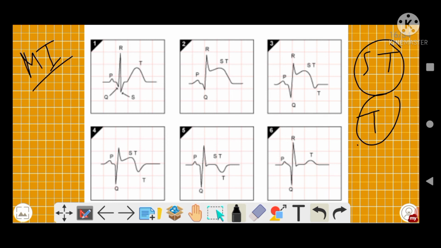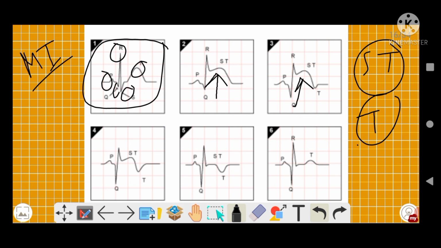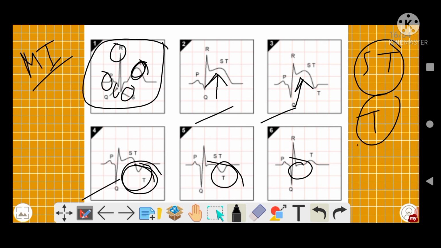See, this is your basic wave. P wave, this is your Q, this is your R, this is your S, and this is your T. Now see, there is an ST elevation, correct? Same here. Then there is a T depression or T inversion. T is supposed to be upright. Here is T inversion, there is T inversion. And there is no S, you can say. So all these are changes that you can expect in an ECG of MI. Now